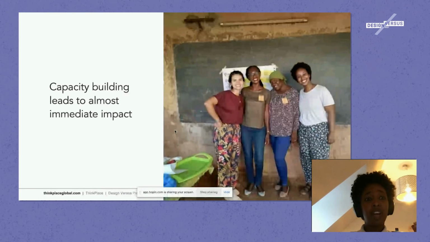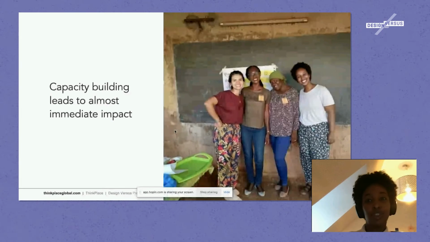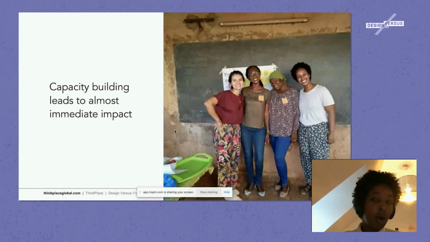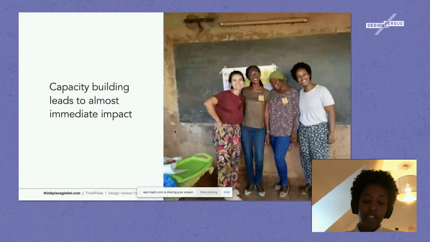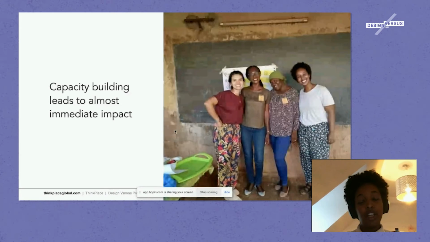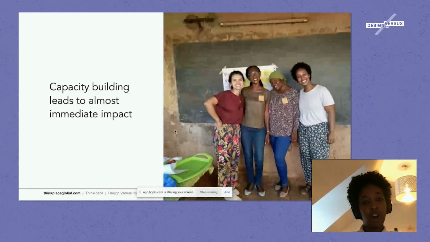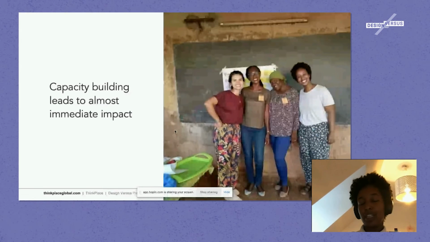And so I find that in terms of capacity building, it was almost the most immediate return on impact that I could have seen in this project, based on comments, and based on creating this really working reciprocal relationship with mobilizers, that I would highly recommend people at least scratch the surface of if you have the opportunity to do that. There's a lot that we could learn just by taking a step back